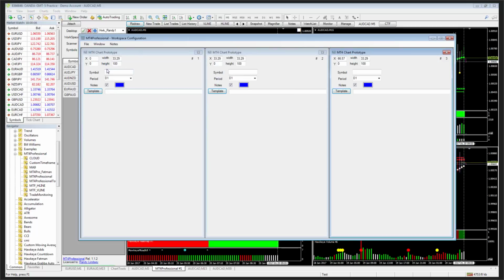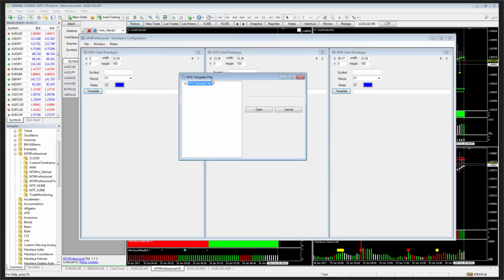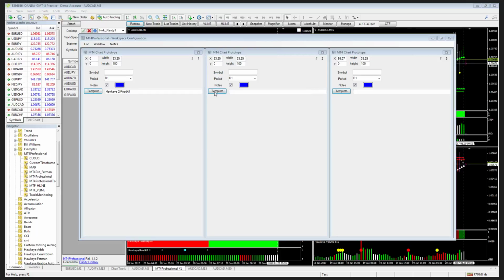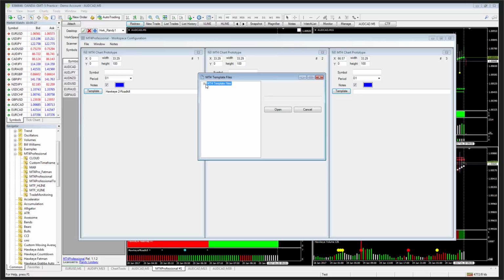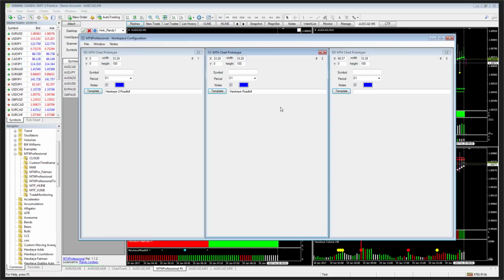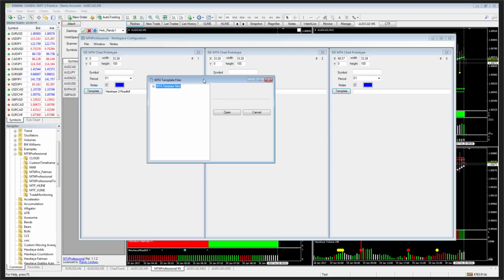I can set things the way I like. That's the way I saw that I liked it. There was a specific template that I wanted to use, then I load that template here. I click the template button, it pulls up a list. I need to go through and look at it. The first one I wanted was the 2 roadkill. I will open that. The second one I wanted, I think, was a single roadkill. Right there. And the third one I wanted was the